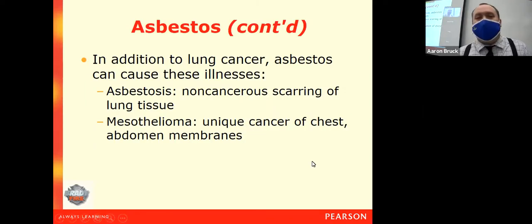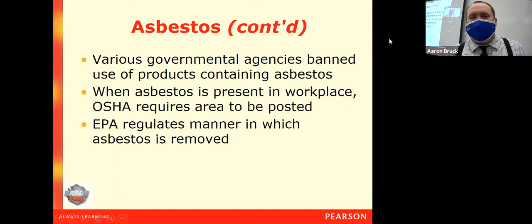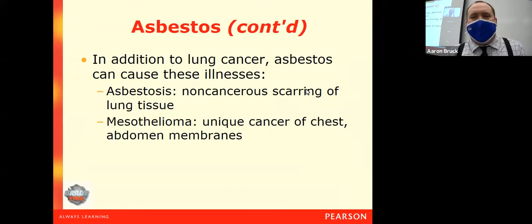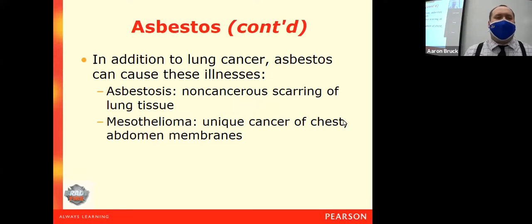Now, once they get into your lungs, they can start damaging your tissue systems. And again, this is where we get things like lung cancer. We can also get other illnesses, things like asbestosis, which is just the scarring of the lung tissue, because those fibers get inside of your lungs, get inside of those little bronchioles, and just kind of start cutting up the tissue.